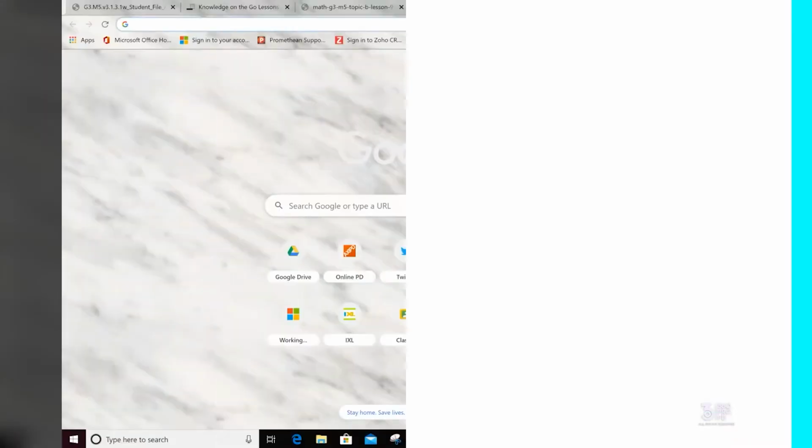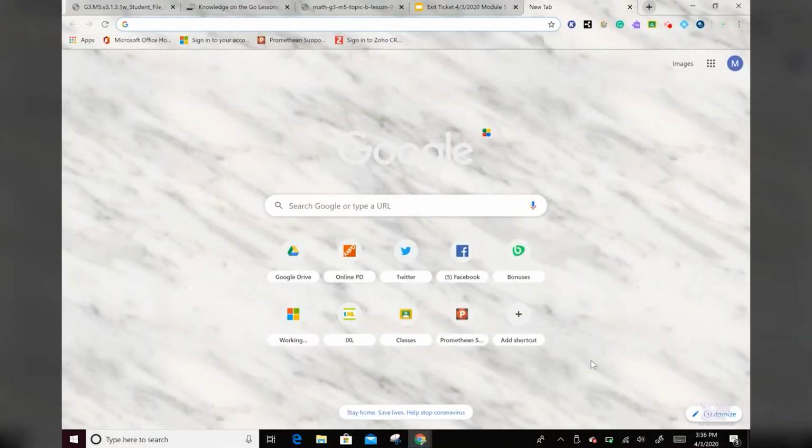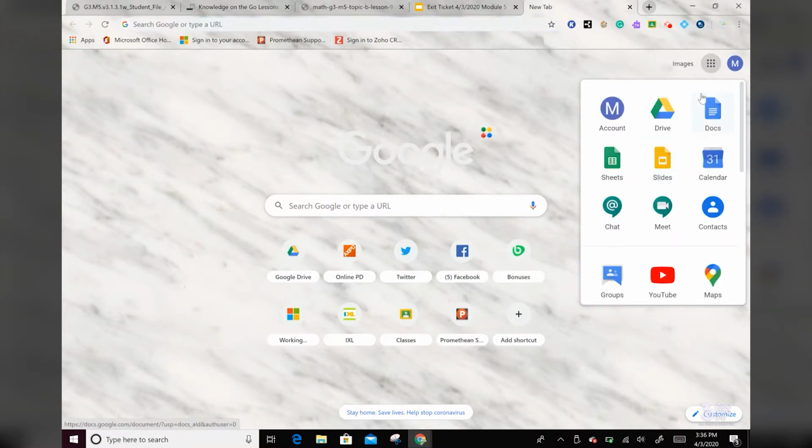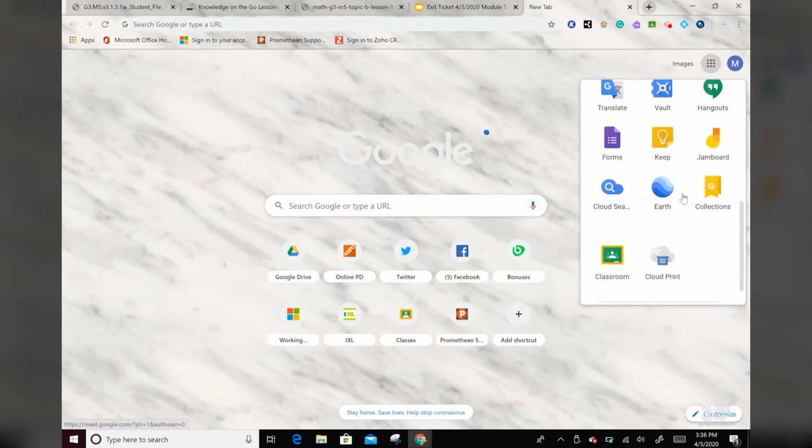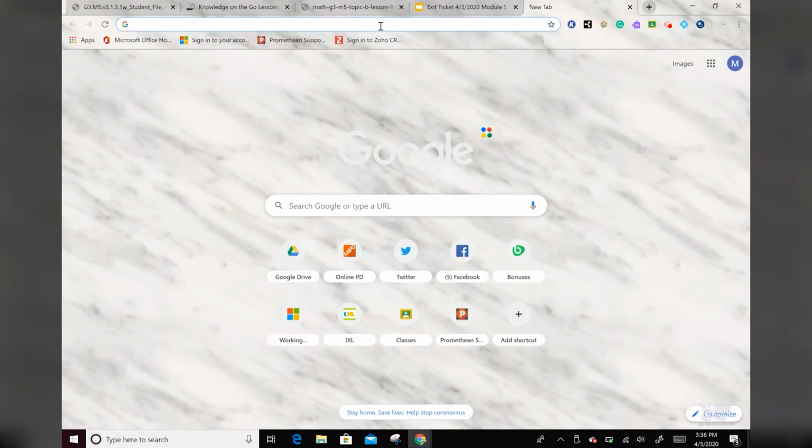So let's jump in, and I'm going to take you from square one with creating a class and then creating the actual activity for your students. So if you've never made a classroom before, you're going to need to know how to get to Google Classroom. So you can either access your waffle in your Google Apps and find that icon, or you can come up to the Omnibox and search